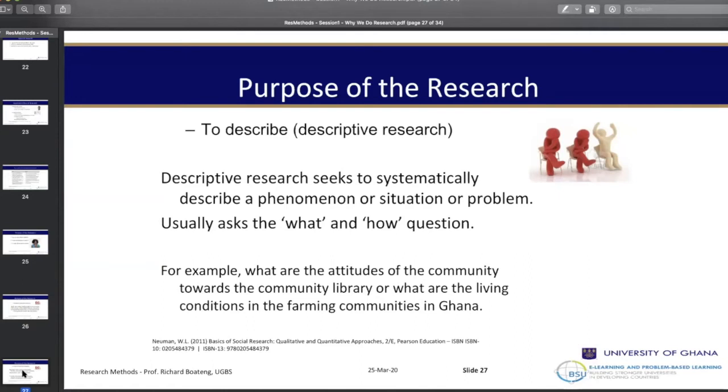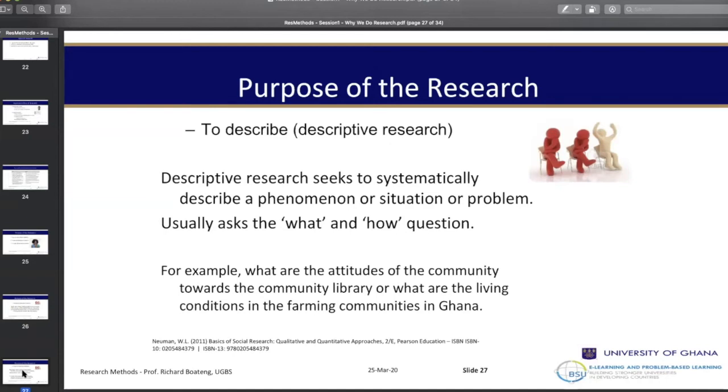Or supposing you are interested in studying students and their usage of the library. You have a first question that you want to study perception of students concerning the University of Ghana library. Now you say perception. So it could be that you are starting the study trying to gain insight. So the perception type of study in this scenario can be exploratory. You are exploring the perceptions people have concerning the library. In this scenario, you don't even need to be in the library. You can even ask students online about their perceptions concerning the library.